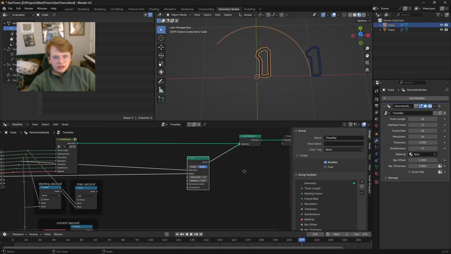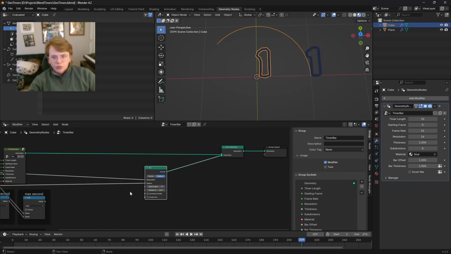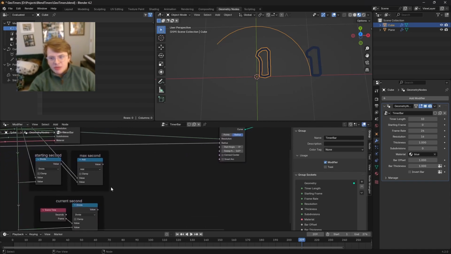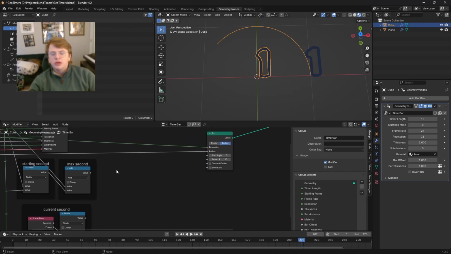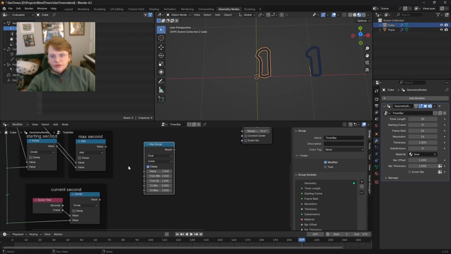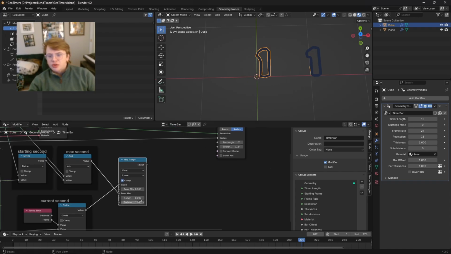And then we want to take our current second and map that from 0 to 360 degrees, right? Because that'll let us go from no arc to the full circle arc. We can do that with a map range node. Our value is going to be the current second, our from min is going to be 0, and our from max is going to be this maximum second, and then we're mapping it to a minimum